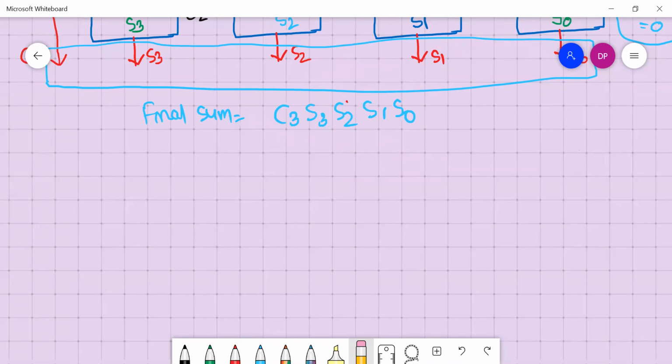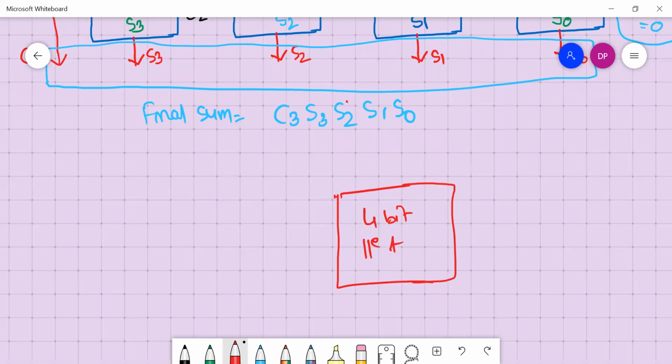What I'll do in short: I take one box here and write it as a 4-bit parallel adder. A 4-bit parallel adder requires how many inputs? 2 inputs, 4-bit each, that is B3 to B0 and A3 to A0.